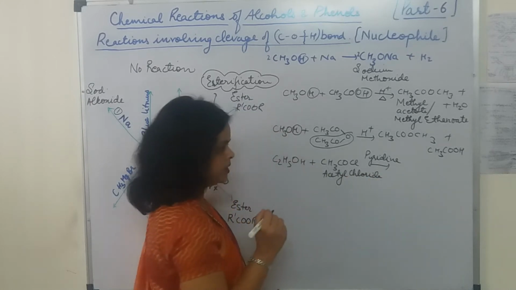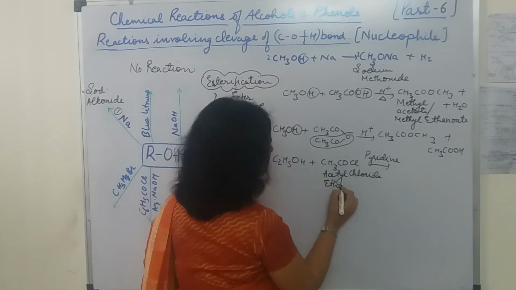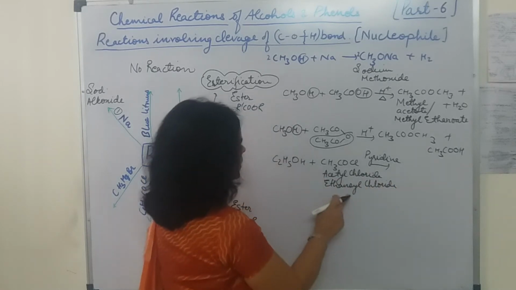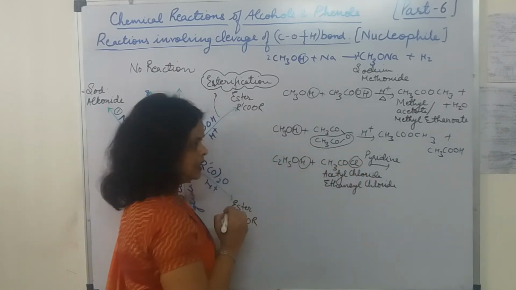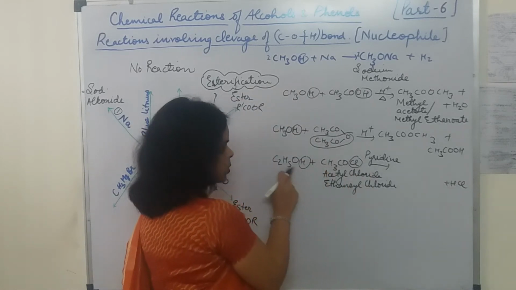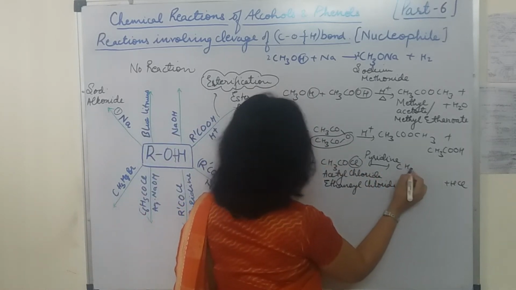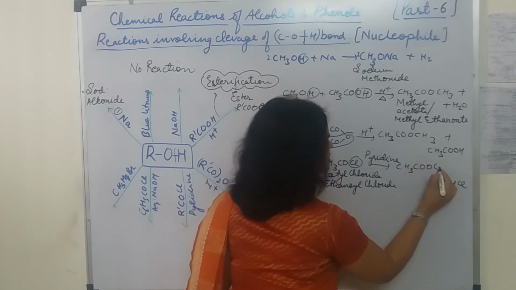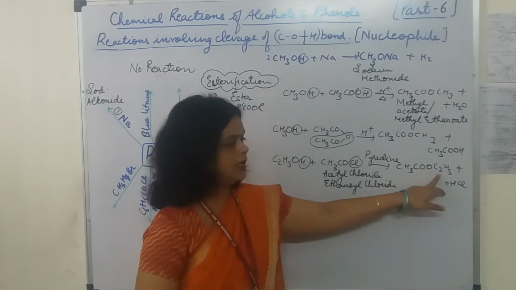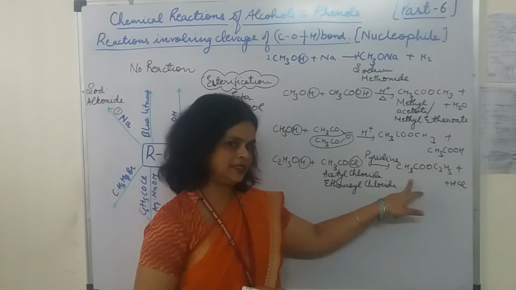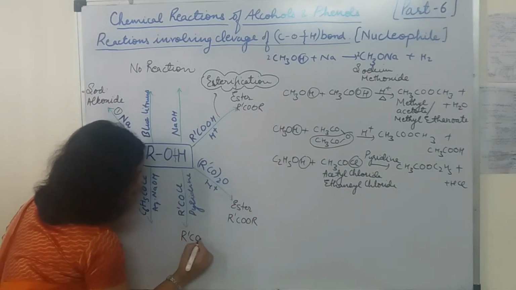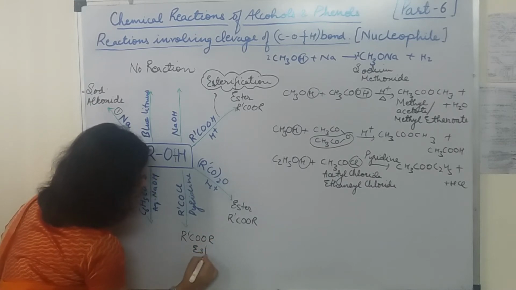And if you have to write its IUPAC name, then it will be ethanoyl chloride. Okay. Now, when it combines, this H will react with Cl, and the side product will be HCl and CH3COOC2H5. Here the ester form will be different, CH3COOC2H5. You can easily tell me the name of this ester form, ethyl ethanoate or ethyl acetate. Okay, so here again I will write this R dash COOR, or you can say ester will be formed.